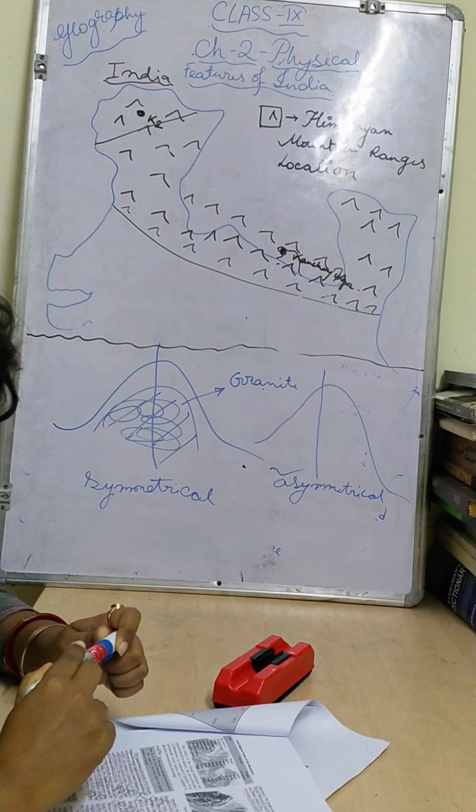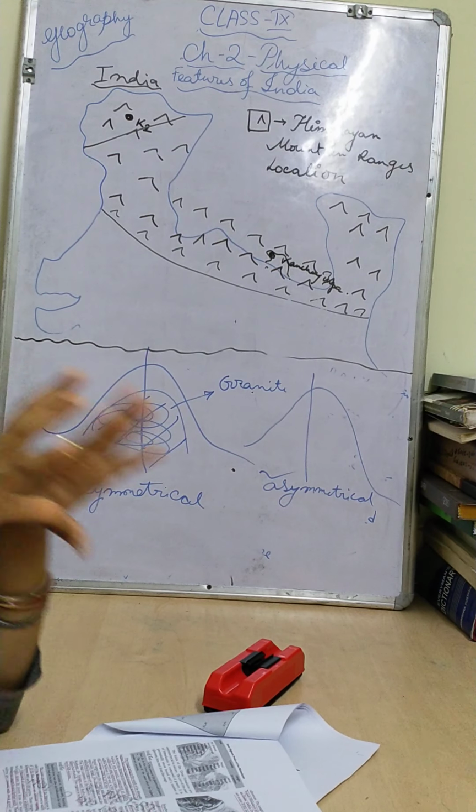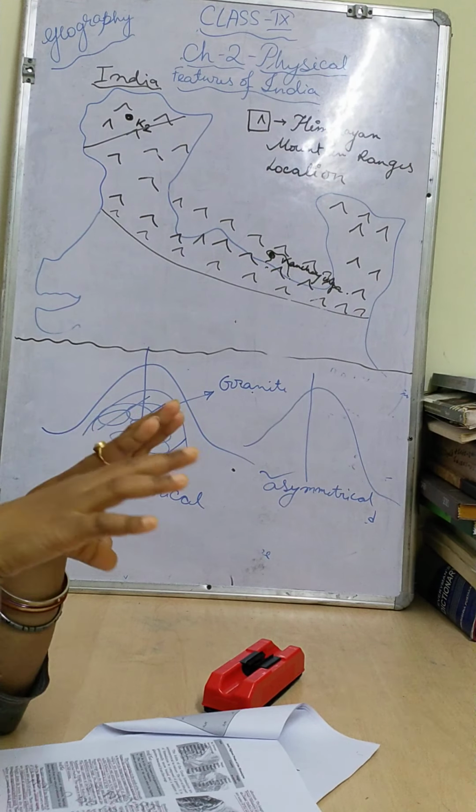Whenever the Indo-Australian plate, or Indian plate, and the Eurasian plate clashed with each other, this fold mountain was made. I have told you already about the formation of the Himalaya. When they clashed, they belonged to a very hard type of rock. What rock? This type of granite rock, or in some cases it can be basalt rock also. Okay children, that is why the core is of that type of rock. Next, mostly the core of the Himalayas is composed of granite.